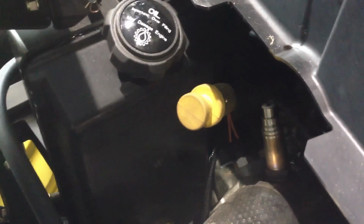The back box here has 2 cotter pins that you pull to remove this box. So literally, it'd probably take you 30 seconds to pull this box up so you can get in here and work on it. So your engine compartment, get your engine oil here, get your dipstick, nice heat shield around your exhaust,